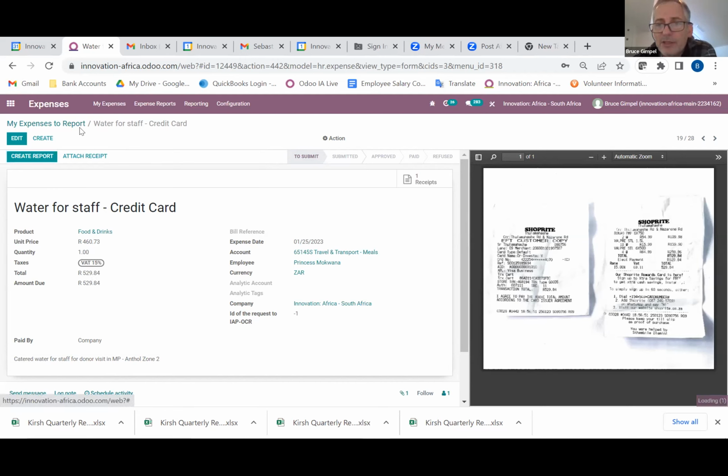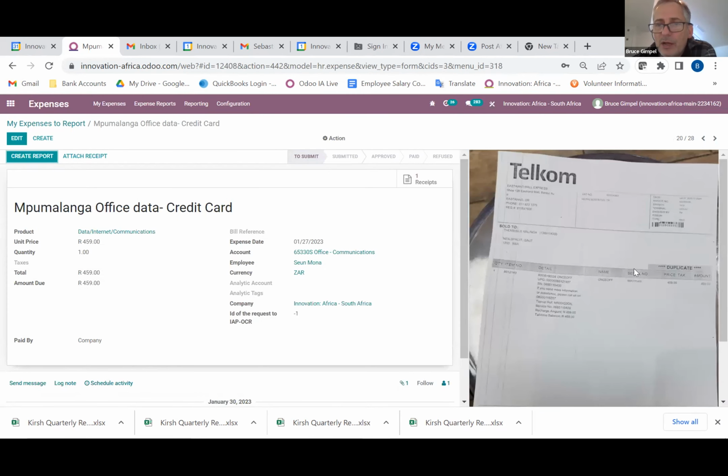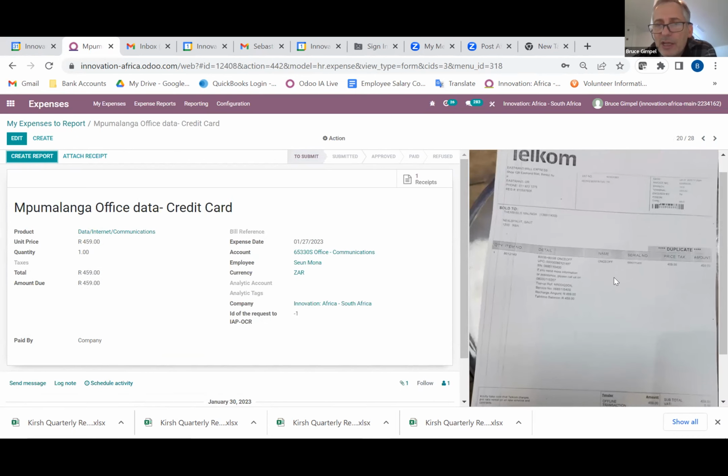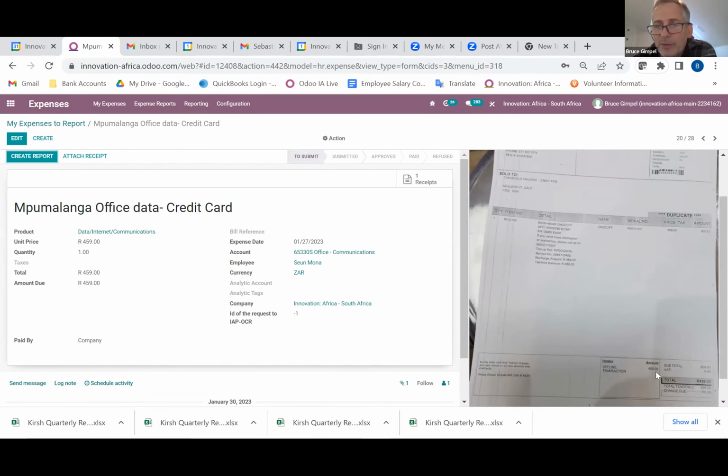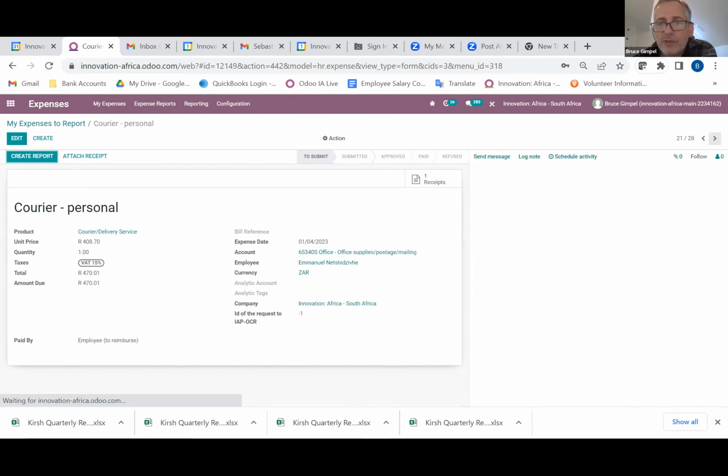But in a lot of cases, what people will have done is they will not have put the VAT. Now, in this case, this is a problem because there's no VAT here, but it's also not addressed to us. So we typically can't claim the VAT back. But if I go through these receipts,